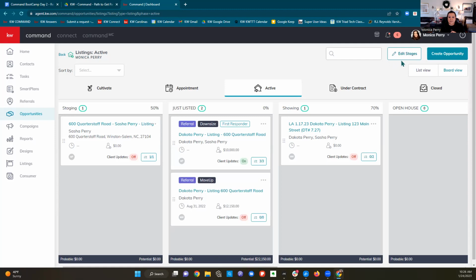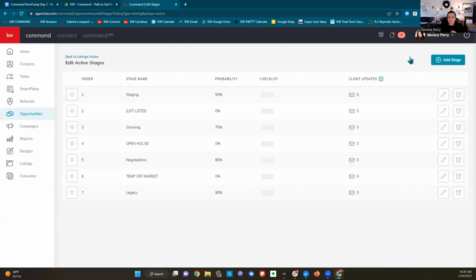Now up on this upper corner, we have the ability to click the Edit Stages button. The Edit Stages button. When I click that, here are all those stages that I have. Within each one of these stages, I have the ability to set up checklists right here. Okay, so under staging,